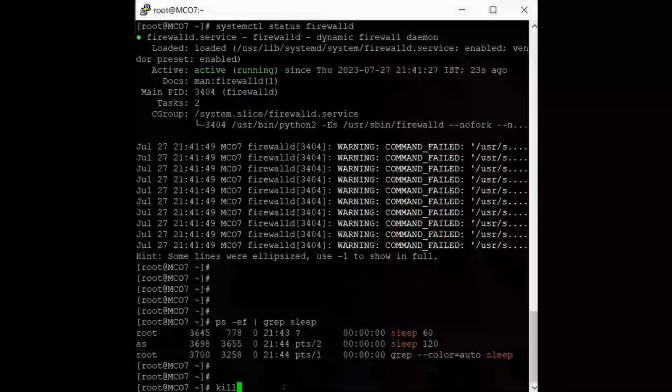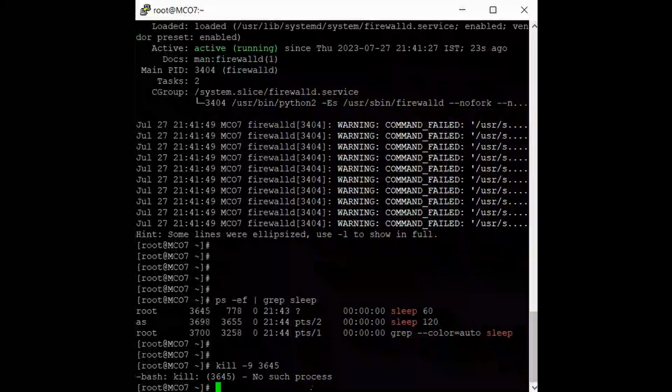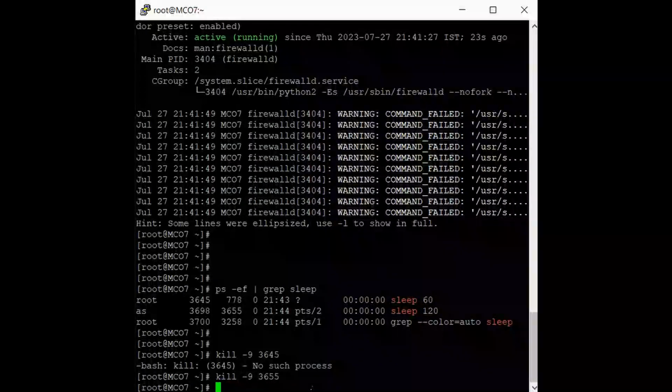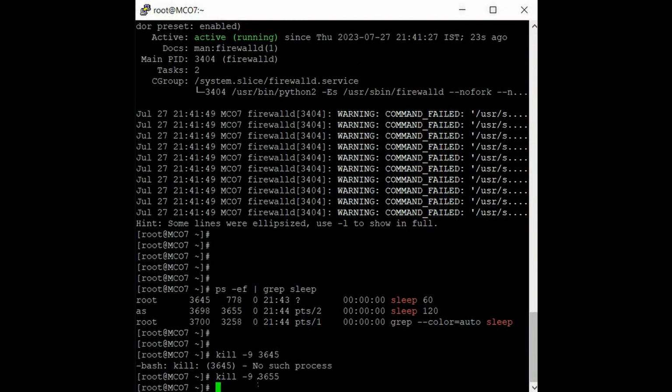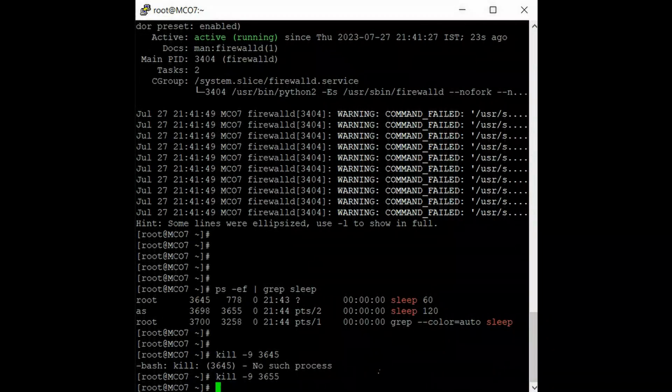Kill -9 option. And what is the process ID? Yes, killed. So 3655 is the process ID I was running with. Now when I gave this command, immediately the sleep window I had opened has gone,